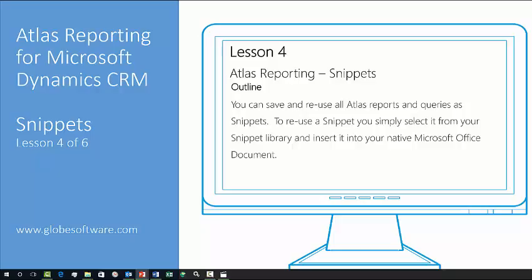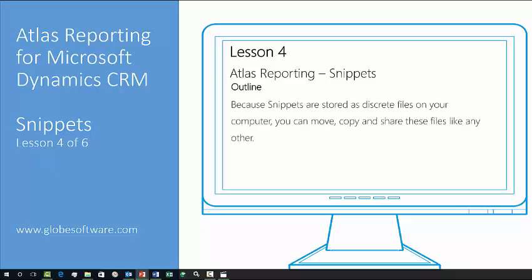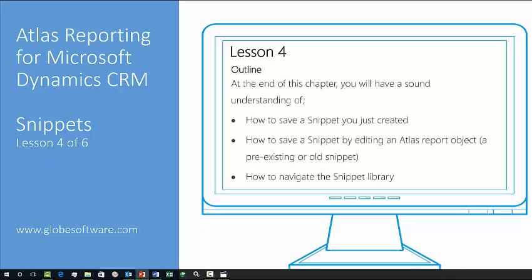To reuse a snippet, you simply select it from your snippet library and insert it into your native Microsoft Office document. Because snippets are stored as discrete files on your computer, you can move, copy, and share these files like any other. Objectives. At the end of this chapter, you'll have a sound understanding of how to save a snippet